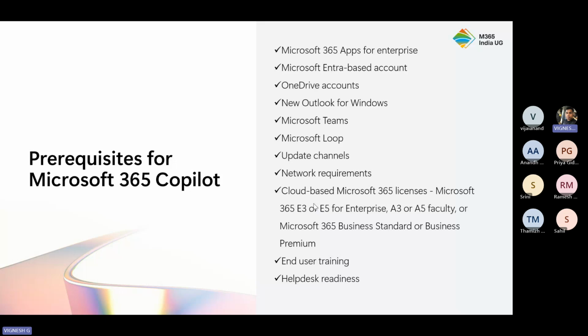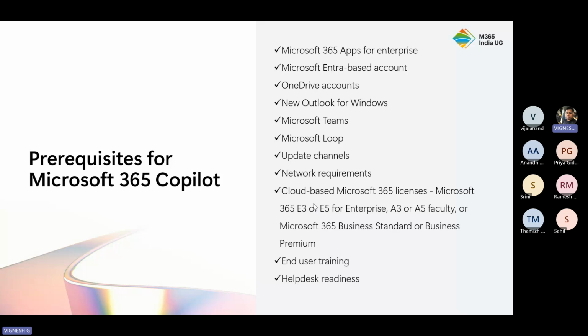Then the new Outlook for Windows. For you to use the Microsoft 365 Copilot capabilities in Outlook, maybe you can ask Copilot in Outlook to write an email for you. You can give the prompt and it'll write the email content for you. I believe in the past you could do that only in the new Outlook client, but now even on the legacy Outlook client, the Copilot add-in shows up. But just make sure that you're running the right version so that you can take advantage of Microsoft 365